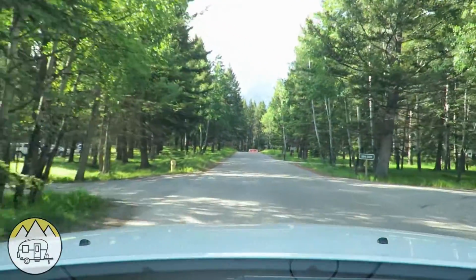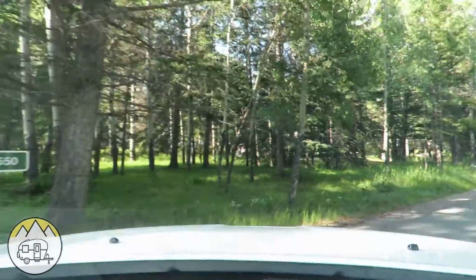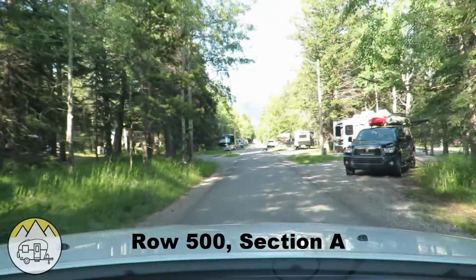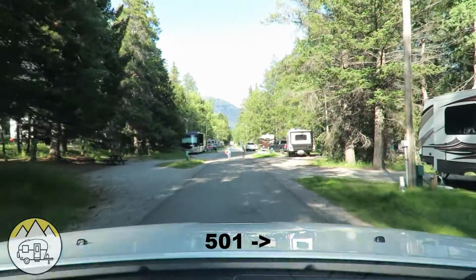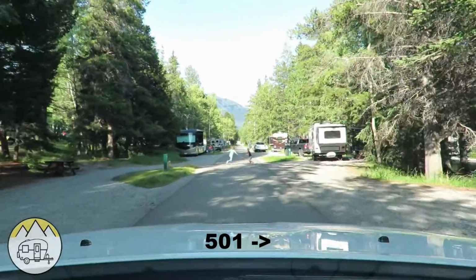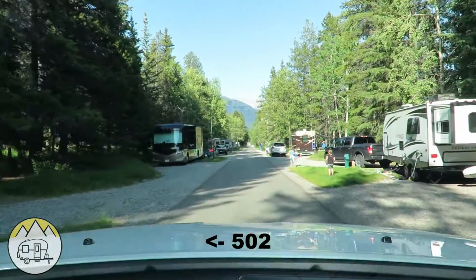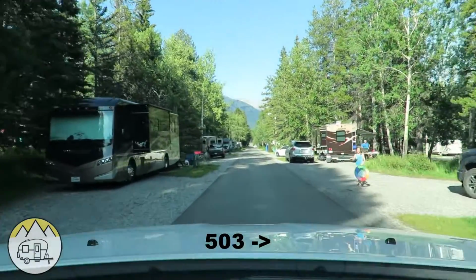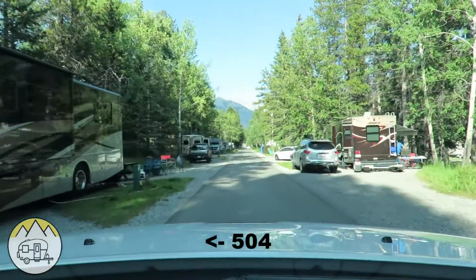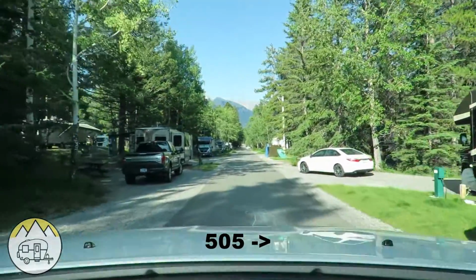Okay, here's the 500 row. We're starting out at 501 and it goes all the way to 550 at the end. We're now heading east. 501 on the right, 502 on the left, then 503 on the right, 504 on the left, then 505 on the right,